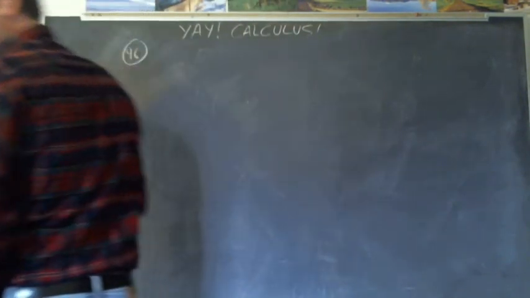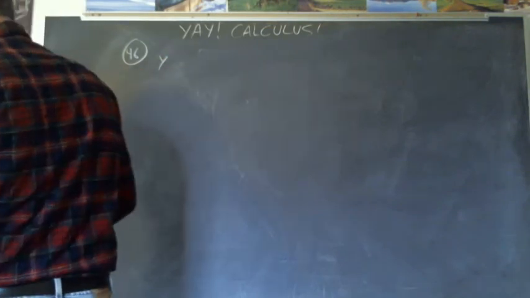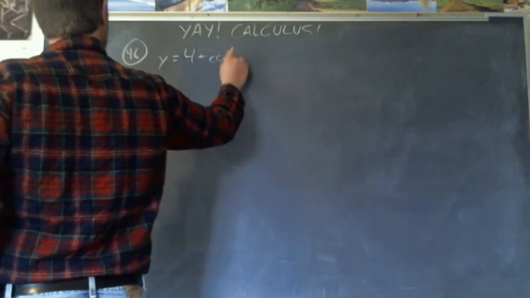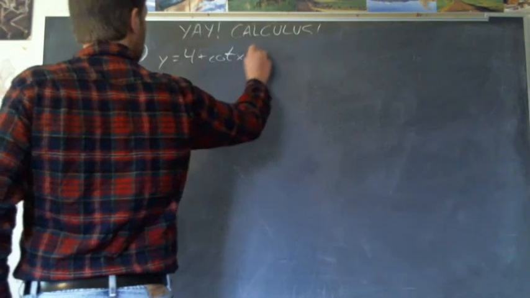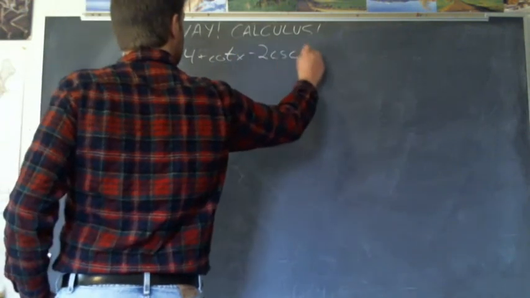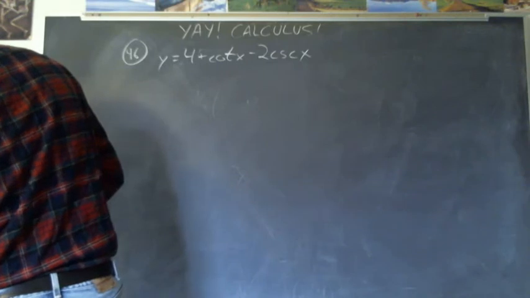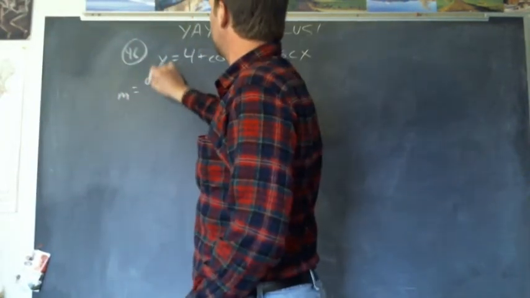Same instructions, except this time our curve is given by y equals 4 plus the cotangent of x minus 2 times the cosecant of x. Double check I have that right. 4 plus cotangent of x minus 2 cosecant of x. Yep. So slope equal to the first derivative